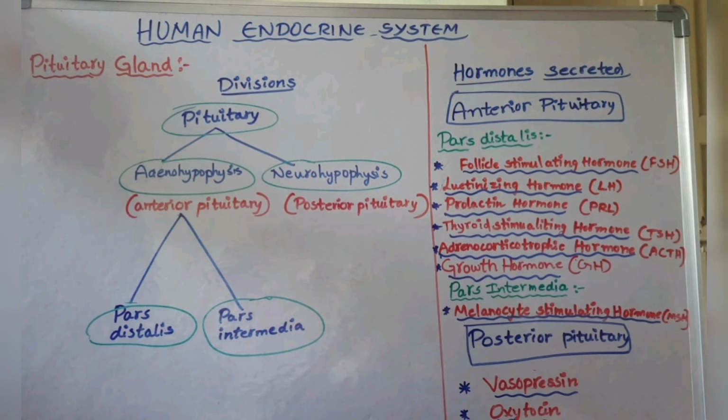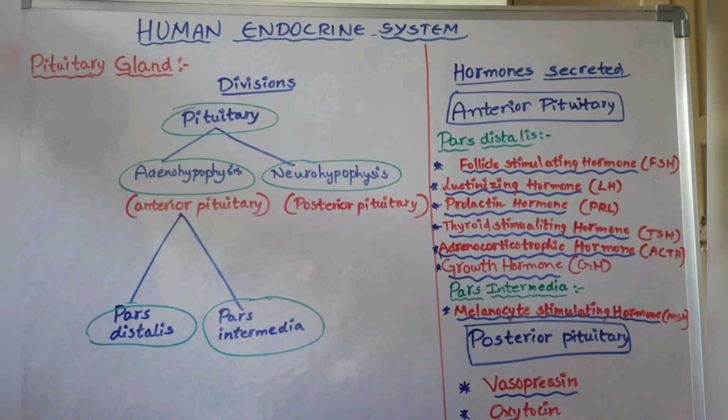The next is the pituitary gland. The pituitary gland is divided into the anterior pituitary and posterior pituitary. Anterior pituitary is commonly called the adenohypophysis and posterior pituitary is also called the neurohypophysis. Again, the anterior pituitary is divided into the pars distalis and pars intermedia. The hormones secreted by the pituitary gland: